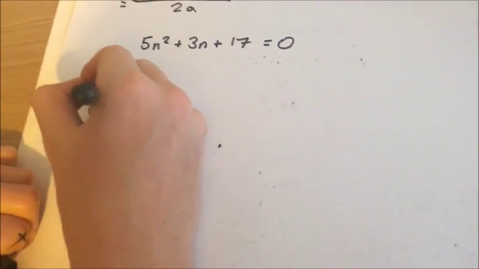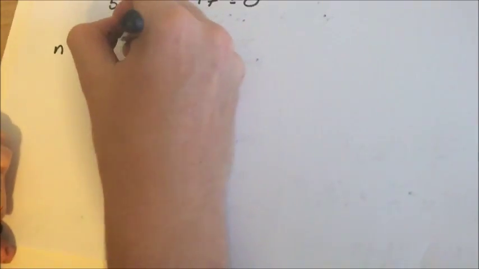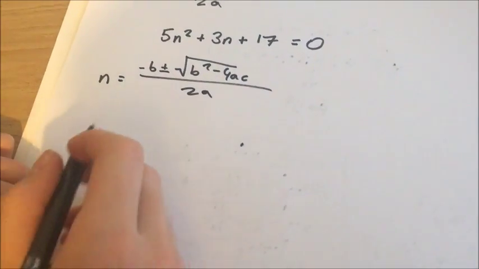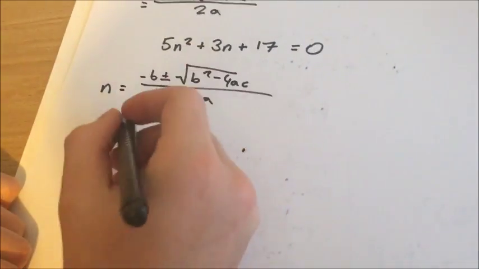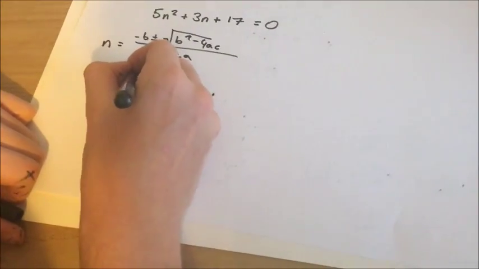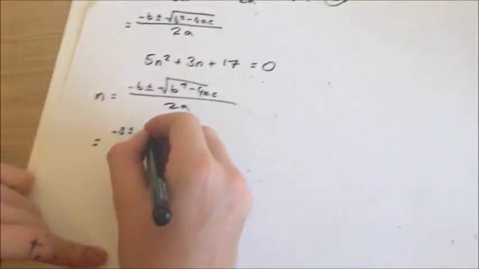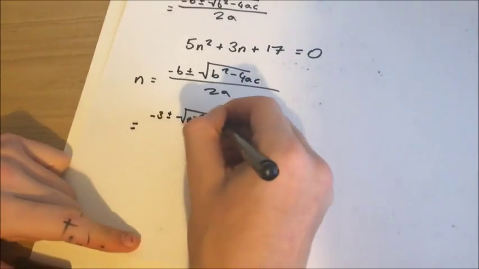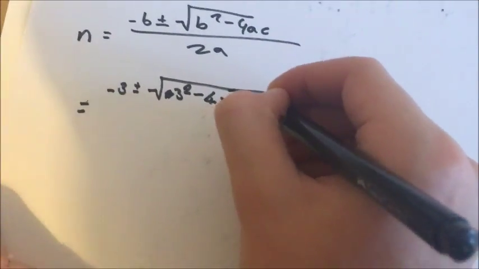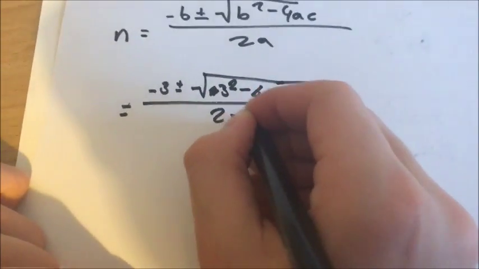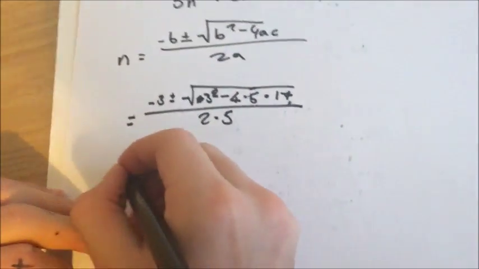Follow the first step. We know that n is equal to negative b plus or minus the square root of b squared minus 4ac over 2a. Now let's just plug all of our numbers into the equation. b is 3. That should be negative 3 plus or minus the square root of 3 squared minus 4 times 5, which is a, times 17 over 2 times 5. All right, now let's just do all these multiplications. So we get negative 3 plus or minus